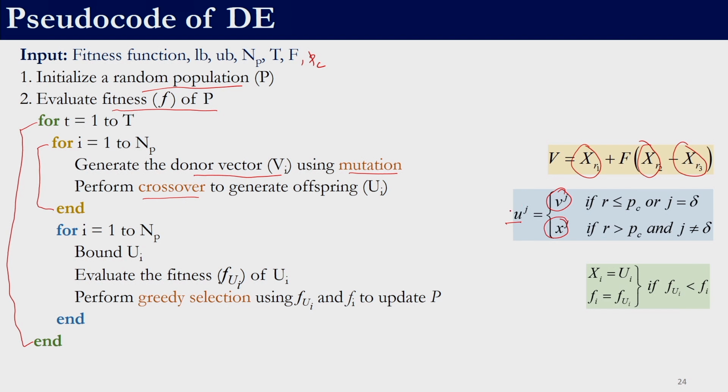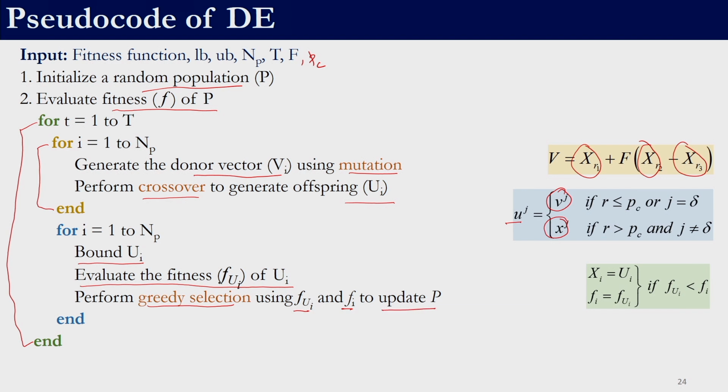Once we find this trial vector, we need to find the trial vector for the next member. We are not supposed to update the population immediately, we need to determine all the trial vectors. That is why this for loop is separately written before we bound and evaluate the fitness. Once we have determined the trial solutions for all the target vectors, we need to bound each of them and evaluate the fitness. Once we have evaluated the fitness, we need to perform a greedy selection between trial vector 1 and target vector 1, trial vector 2 and target vector 2, and then update the population for the subsequent generation.